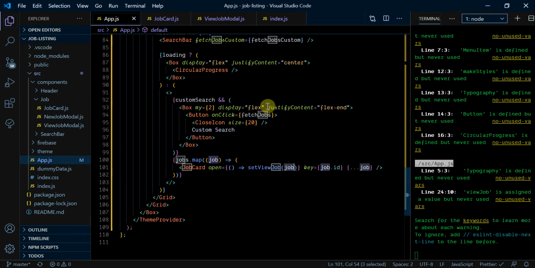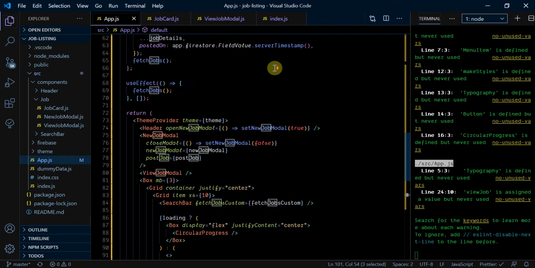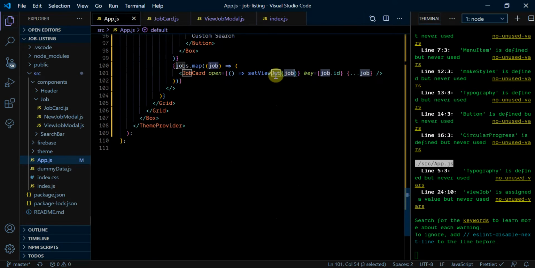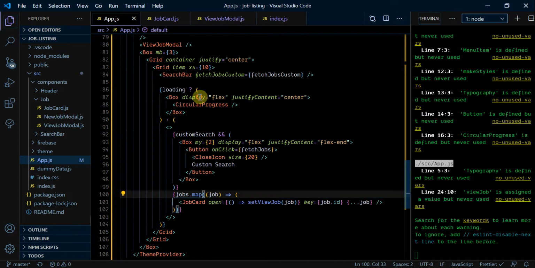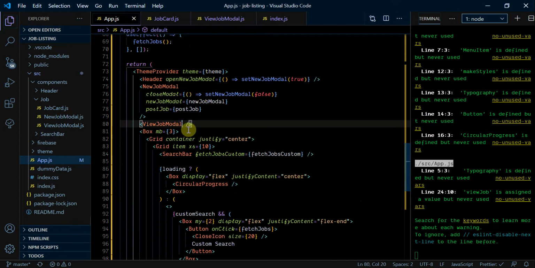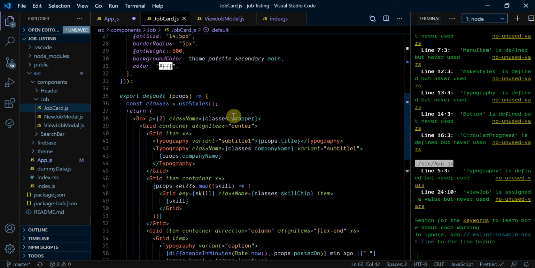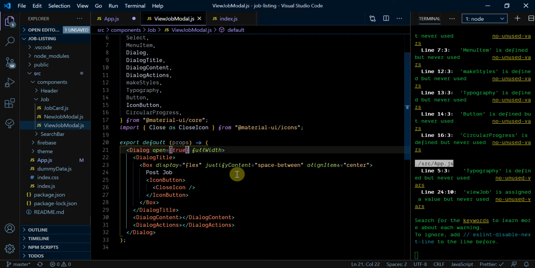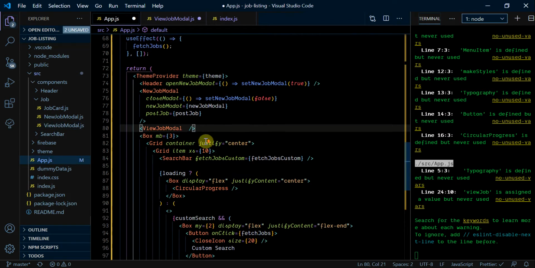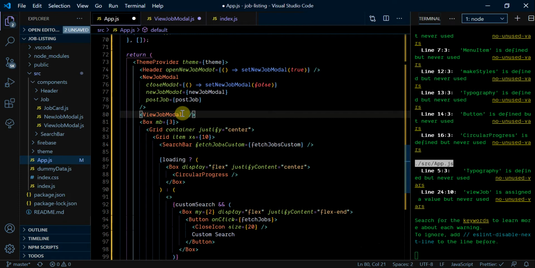And we can check if that object is populated, because otherwise it would be blank, and we can check accordingly. If it is populated, then that means that user wants to see the information about that job. So over here where we actually pass in the view job, we cannot hard code the open one because we have to pass in the details. So let's just remove this open for now, and over here, the view job modal, let's pass in the open prop,